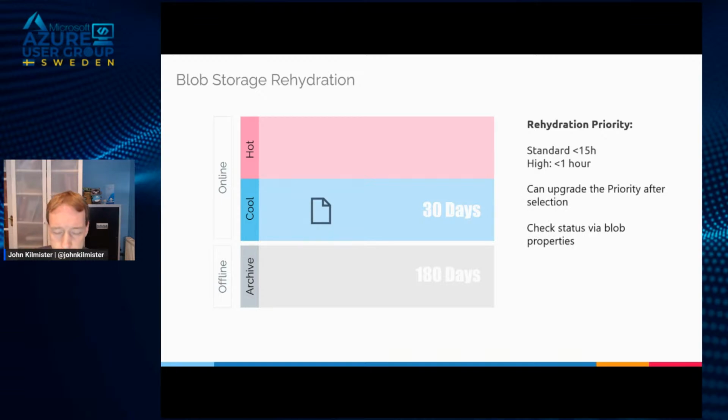But how do we know when it's made it there? Well, you can first of all check via the blob properties. These, again, can be read through the API or just look in the portal and it will tell you the current status of the file. But even more useful is that we can connect an event grid subscription, and this will raise an event on tier change, which will include the moving from archive to cool, or from cool to hot, or any other event. And this can be really useful if we're building applications and letting our end users decide if they want to archive or unarchive files.